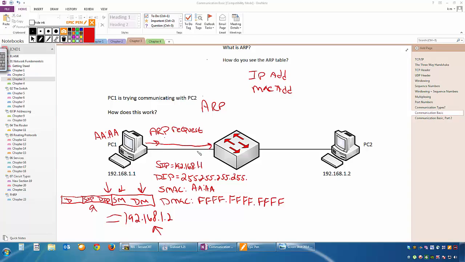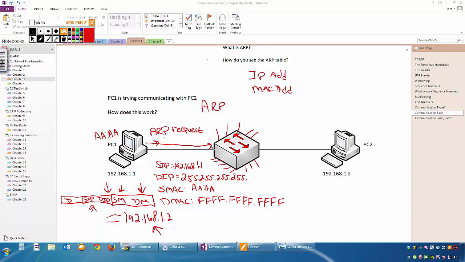What does a switch do with a broadcast? It sends it out every port except the port that it came in on. And you're going to hear me say that a lot more times. A switch will send all broadcast messages out every port except the one it came in on.